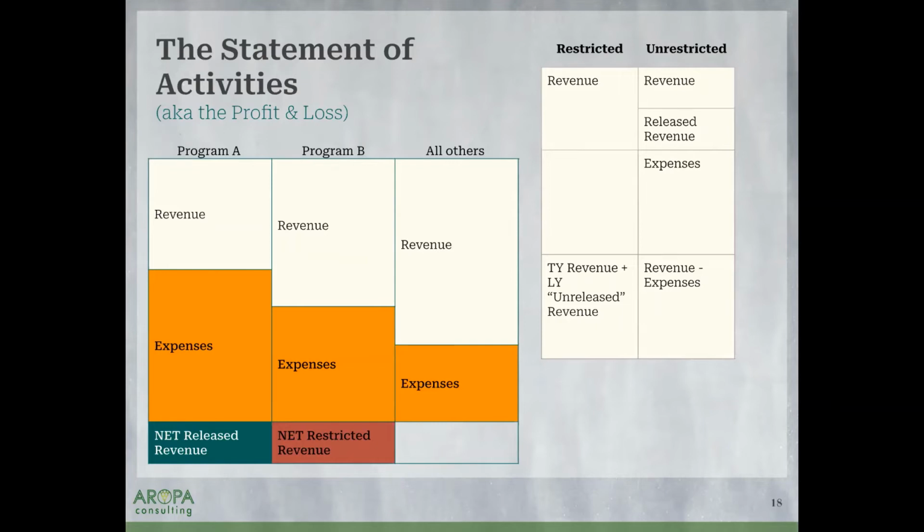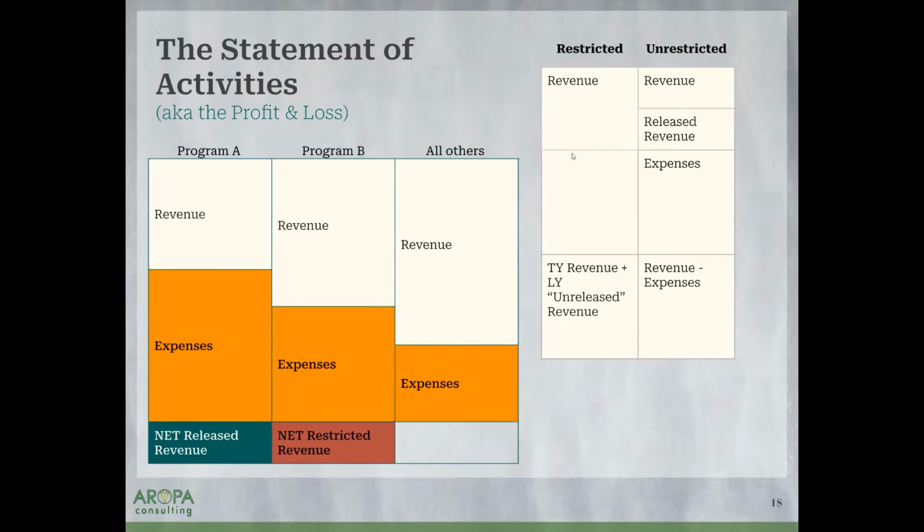That is simply because the revenue is restricted because of the donor. The donor doesn't restrict your expenses, right? The restriction has nothing to do with the expenses. It has only something to do with the donations from the donor. Your expenses that are related to a program are simply related to that program. Like in this case, we have expenses related to program A, we have expenses related to program B, and then we have general expenses. In the statement of activities, all of those expenses are all considered unrestricted.